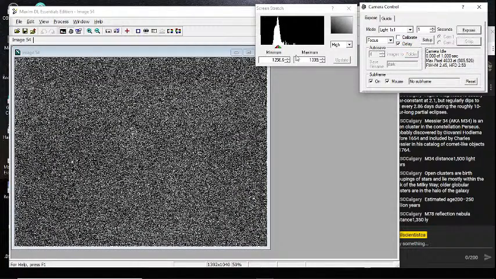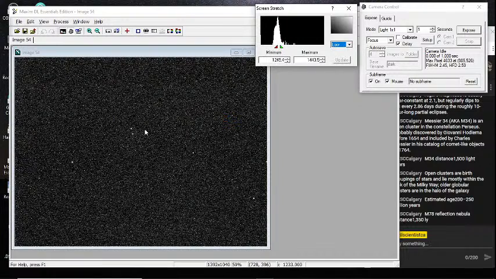Okay, so we're not seeing anything because it's not a long enough exposure. The nebula will be in here. So let's get our exposure up to 20 seconds here. And let's make that single. So we'll have 20 seconds, and we'll take a look.